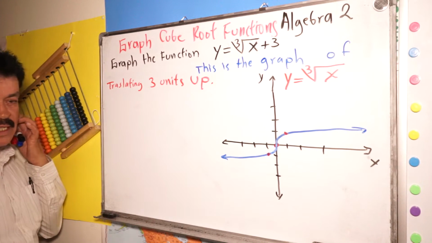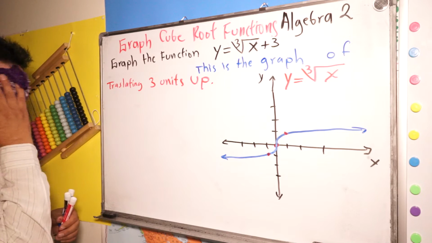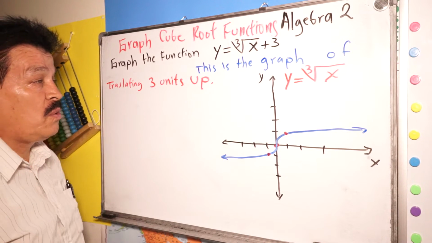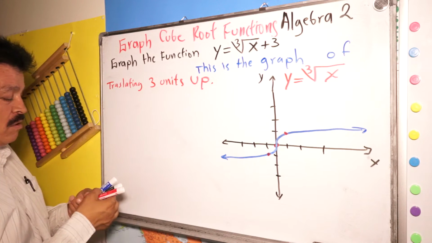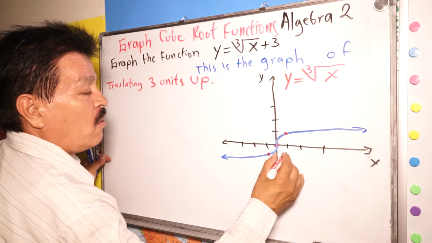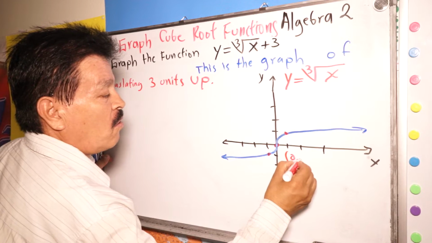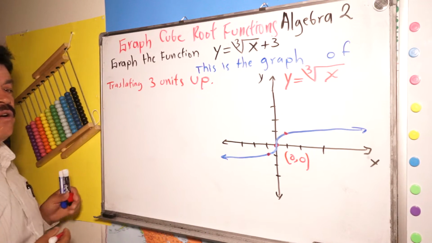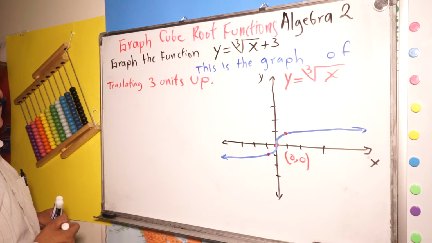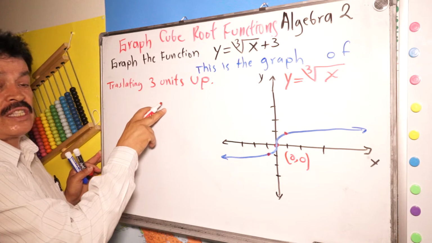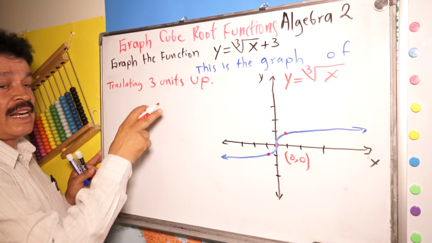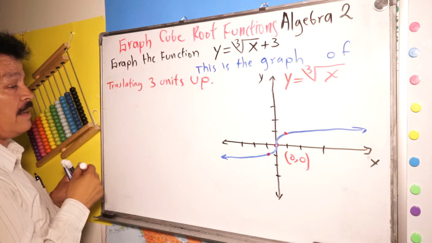We have to translate it. So the graph y equals cube root of x passes through the point 0, 0. Translating 3 units up, the graph passes